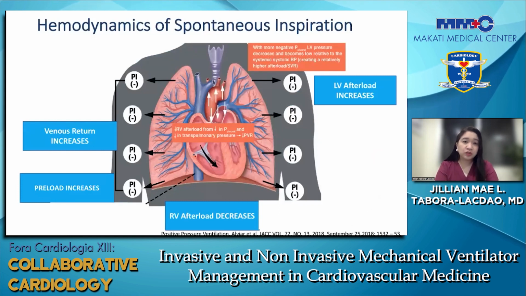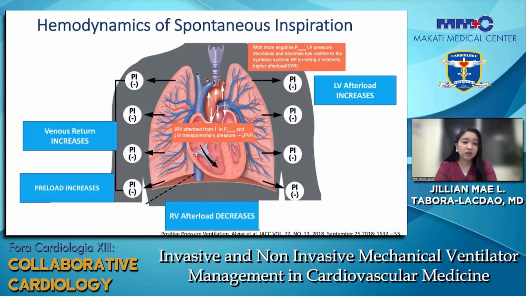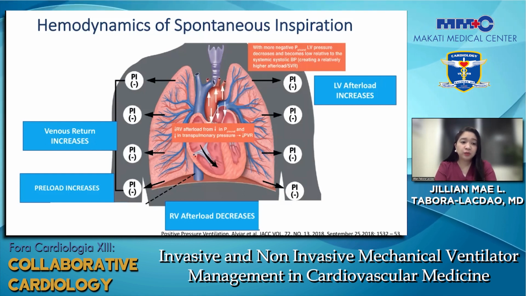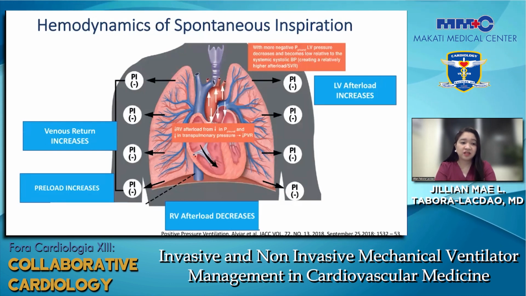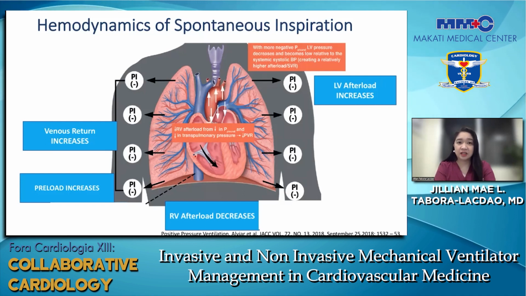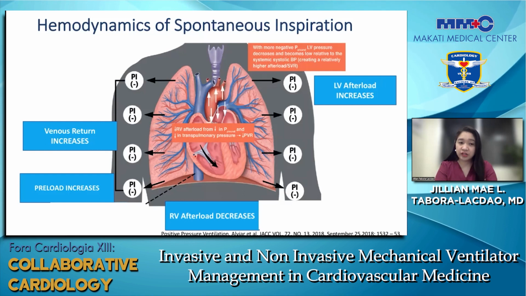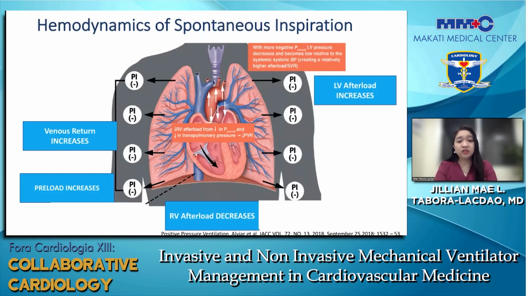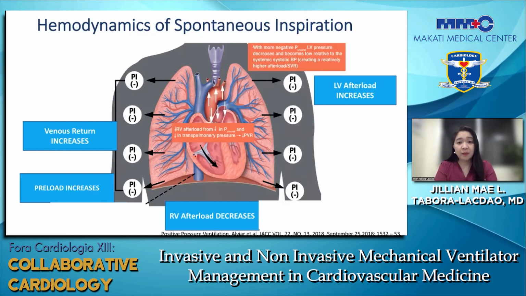This slide shows the hemodynamics of spontaneous inspiration. The contraction of the diaphragm and intercostal muscles renders the pleural pressure more negative, with resultant hemodynamic effects. Passive expiration occurs through alveolar and chest wall recoil, making the pleural pressure less negative. So you can see in spontaneous inspiration, the venous return increases, the preload increases, and when this happens, the